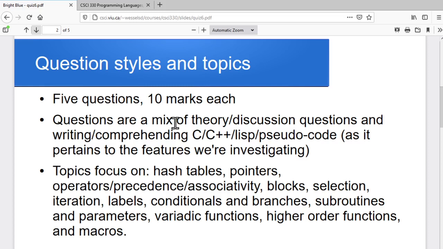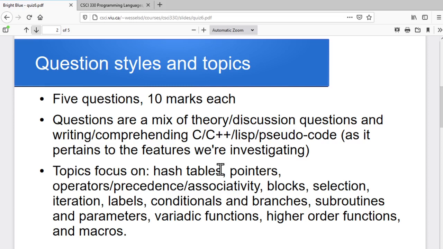And again, the idea is looking at different features across the different languages, thinking about implementation aspects, thinking about how these things work, looking at what it means for the programmer. So again, the topics are pretty much hash tables, pointers and the implications of those, operators and precedence and associativity, blocks and entry points and exit points, selection, so single way, multi-way, looking at things like switch statements and whatnot,